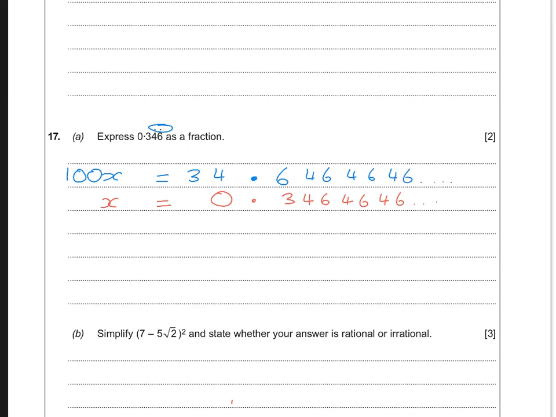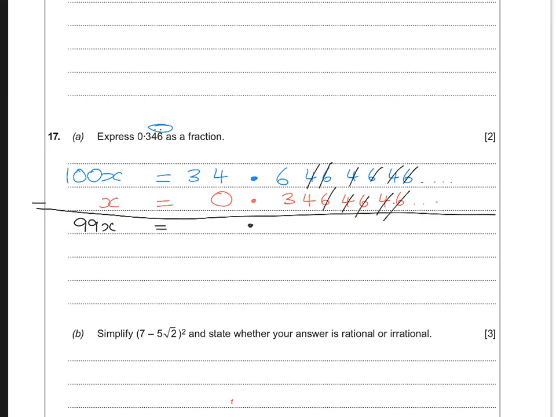This question is all doable providing you line up the decimal points nice and neat and the equals nice and neat. It'll make everything much, much easier. I'm then going to take away the 2 numbers. So 100x take away x is 99x. I'm then going to line up the decimal point here, and then 6 take away 6 cancels, cancels, loads of cancels, until we get 6 take away 3, which is 3, 4 take away nothing, which is 4, 3 take away nothing, which is 3. Okay? Then I'm going to divide both sides by 99 and get